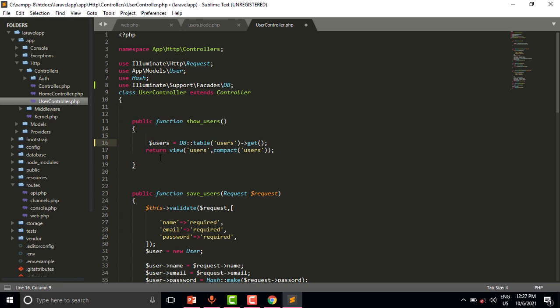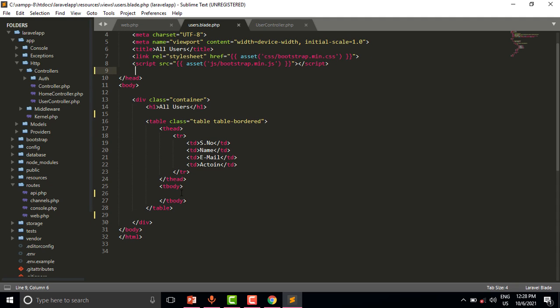So let us pass this users to the users view. We are passing the users to the users view. So let us print this users. Users as user, and foreach.